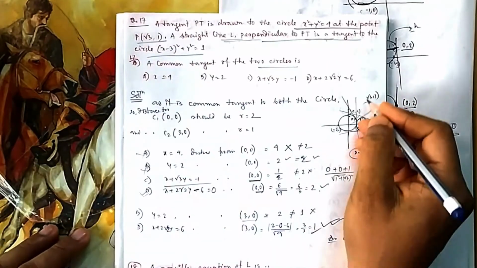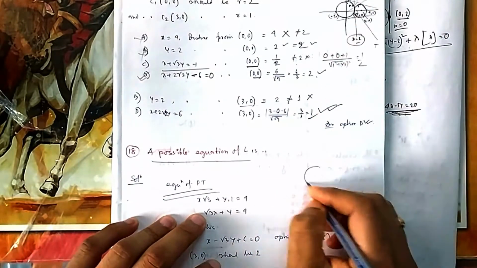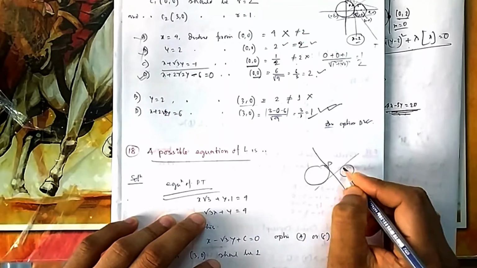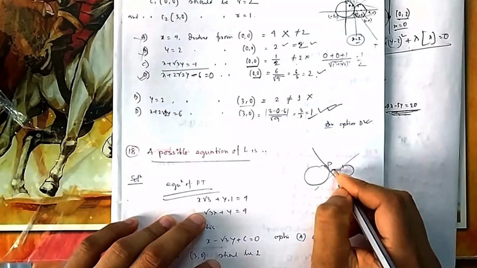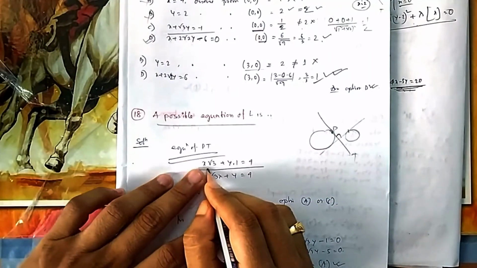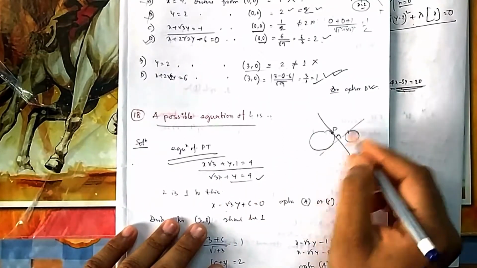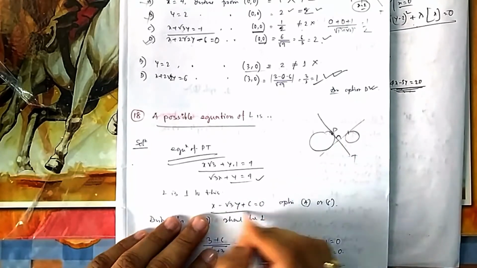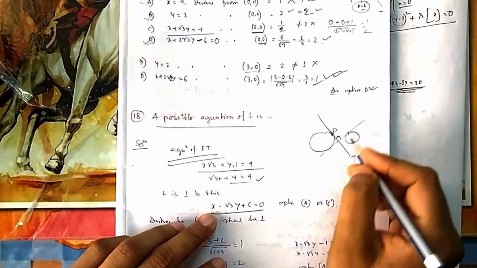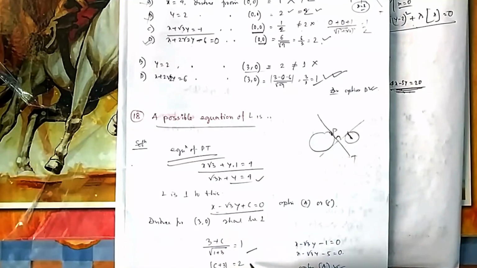So you can write the equation for a tangent at this point (root 3, 1). So you can find the equation of PT. If a point is given, if you need to find PT, this is P, this is T. So perpendicular to this is the tangent for the smaller circle. That is the question. So you can find PT. What is this formula? SS1 is equal to 0. So SS1 is xx1 plus yy1 is equal to 4. So if you put it, this is the tangent. So one perpendicular line of this one will be this. You change the coefficient of x and y, then the equation is equal to 0. So the distance from this point should be equal to its radius, because it has to be tangent. So you can put that condition.